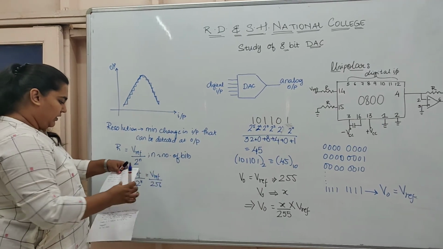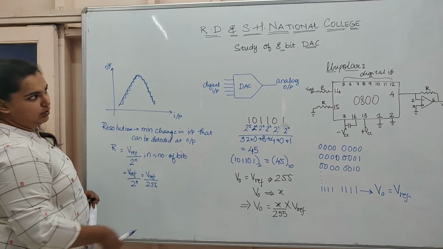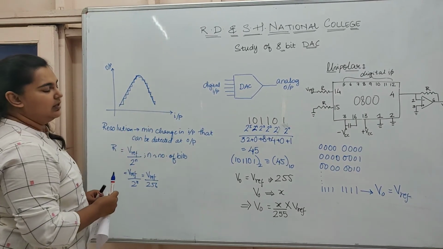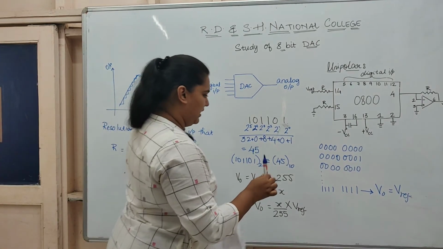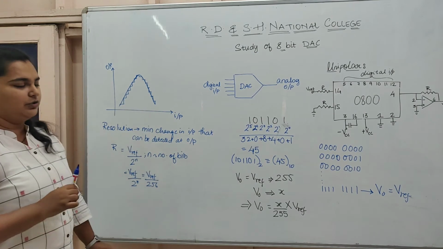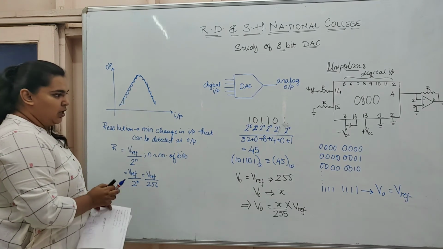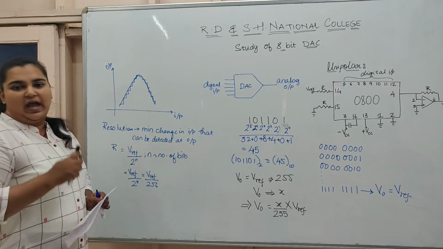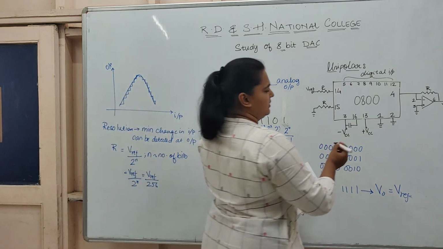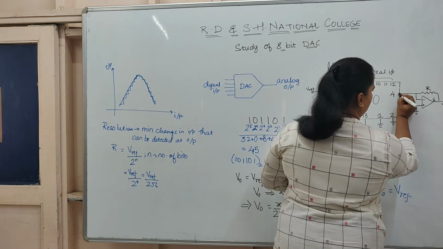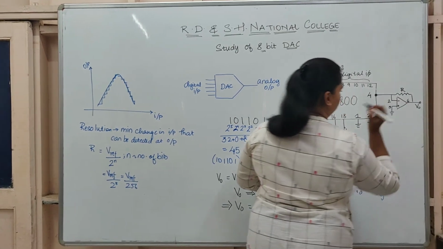And now moving ahead, I told you this is a unipolar. Now what do you mean by unipolar? In the binary number system, you can have positive and negative numbers. So if I am talking only of positive numbers, that's when I connect only pin number 4 to an input here.